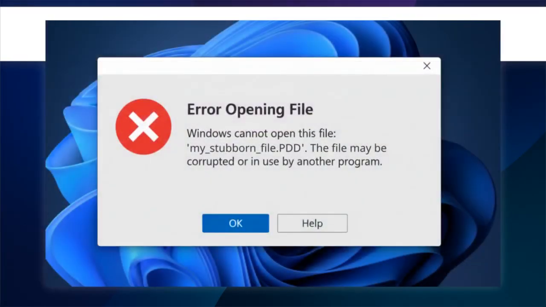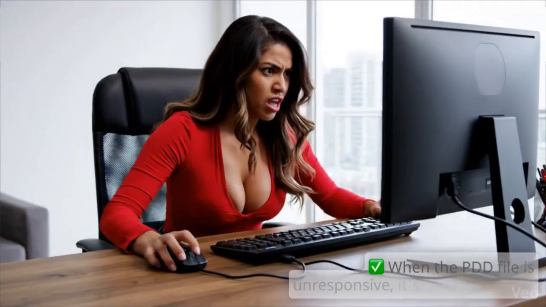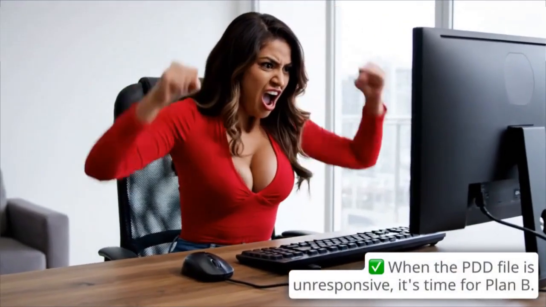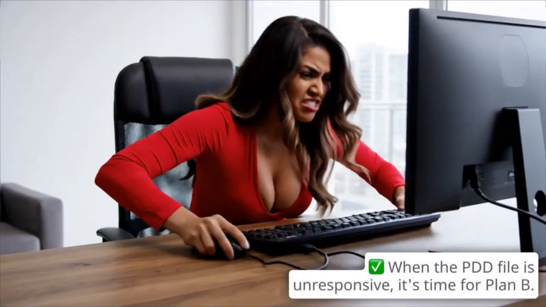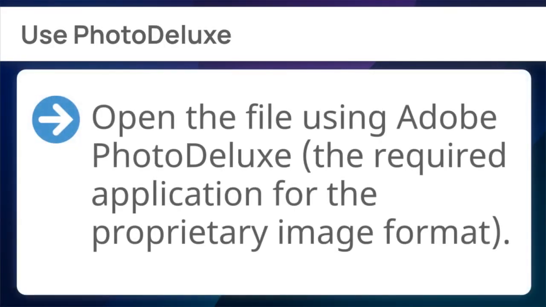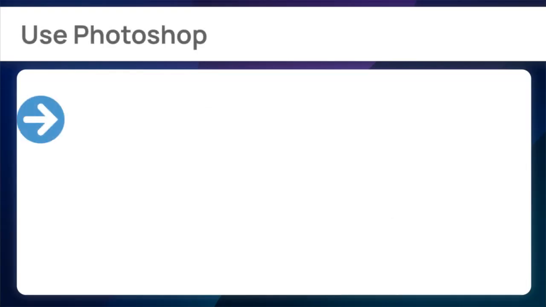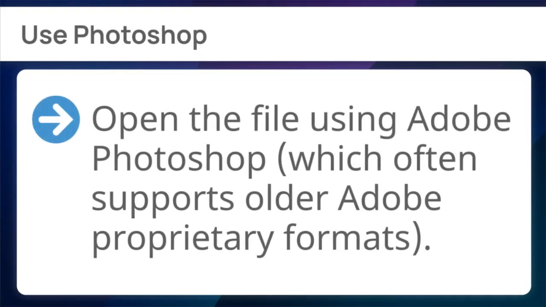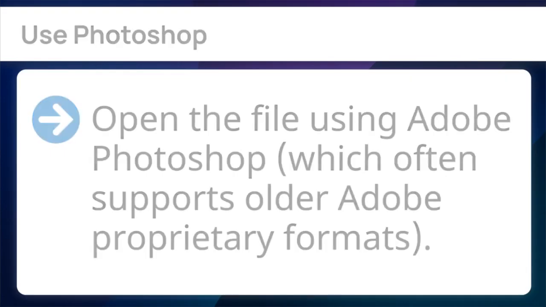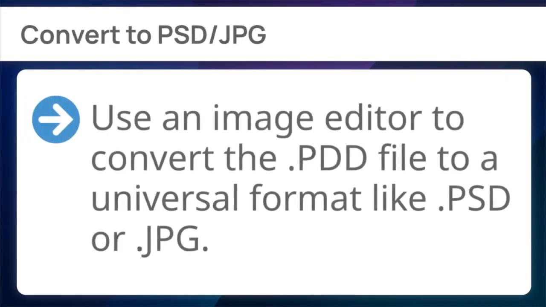When the file won't budge, the error is typically related to three simple things. Use the following checklist to quickly identify the issue that persists. First, use PhotoDeluxe. Open the file using Adobe PhotoDeluxe, the required application for the proprietary image format. Next, use Photoshop. Open the file using Adobe Photoshop, which often supports older Adobe proprietary formats. Finally, convert to PSD/JPG. Use an image editor to convert the PDD file to a universal format like .psd or